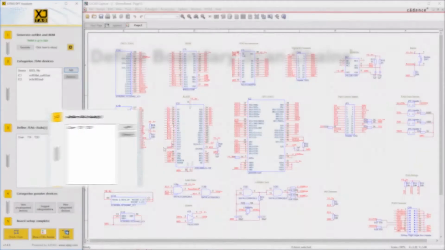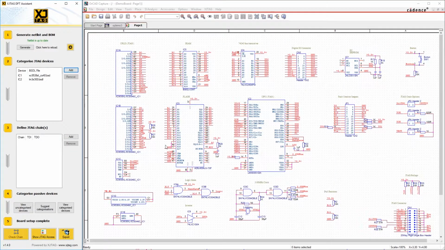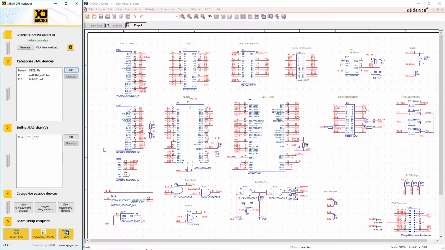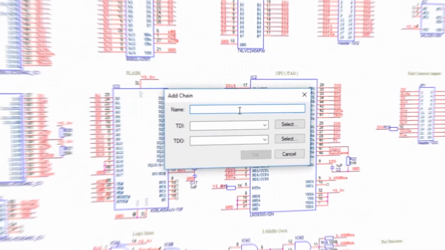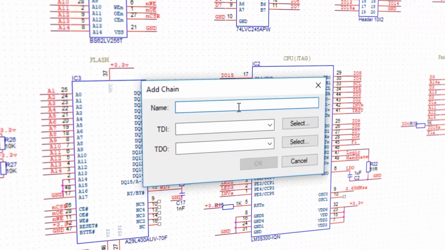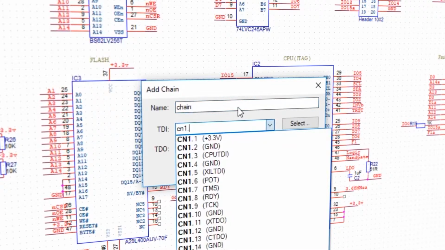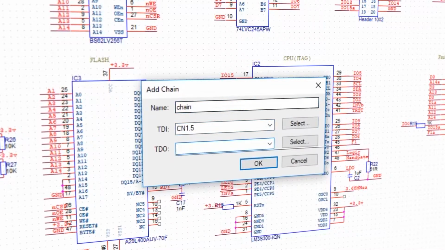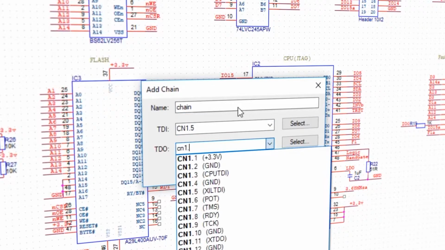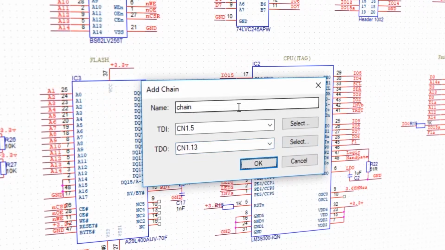The test access port on your design will have the following pins: test data in, test data out, test clock, and test mode select. An optional fifth is test reset. To enable testing on the design, you will only need to set up the entry and exit points, TDI and TDO. This will check that the chain is routed around the devices correctly. Each chain can contain multiple JTAG devices, and up to 4 scan chains can be defined in a single circuit.